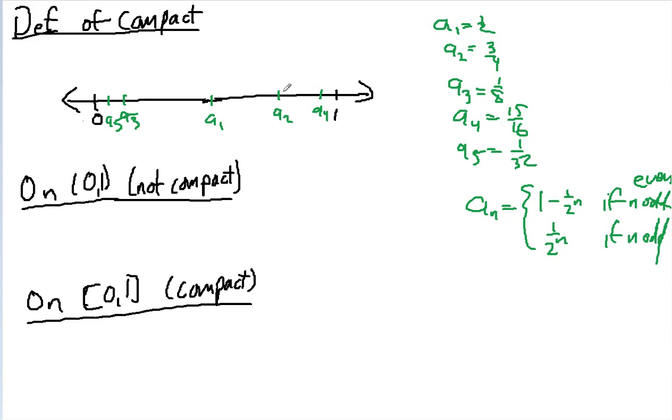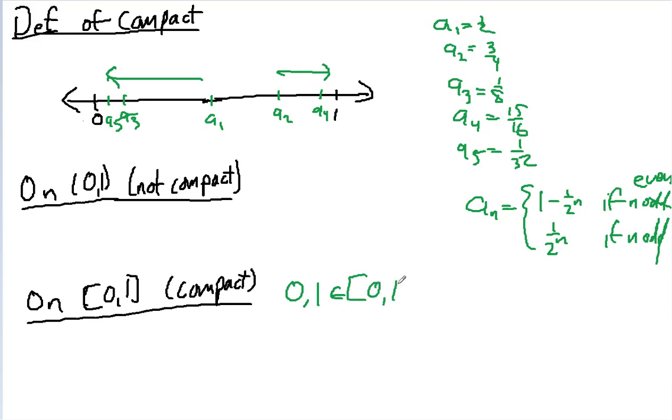Well, you've got a whole bunch of things that are getting closer and closer to 1. Those are going to be the even terms. You've got a whole bunch of things that are getting closer and closer to 0. Those are the odd terms. The problem is that 0 and 1 aren't in the non-compact set. So our normal candidates for a convergent subsequence here aren't even in this set. That's a problem. Whereas down here,